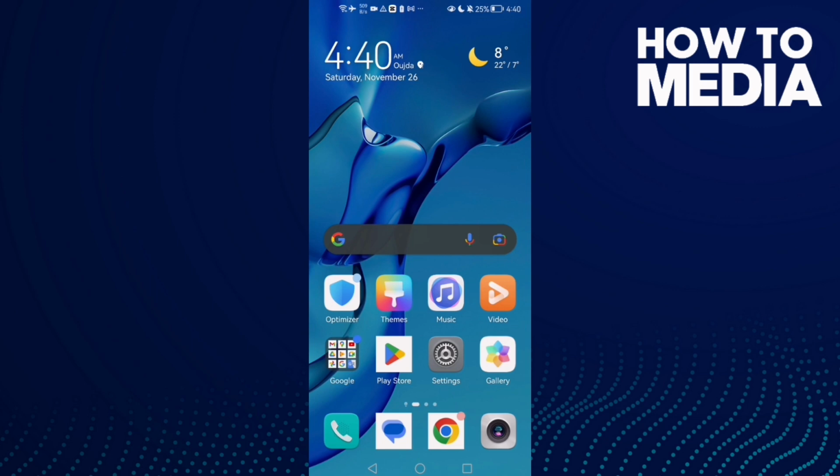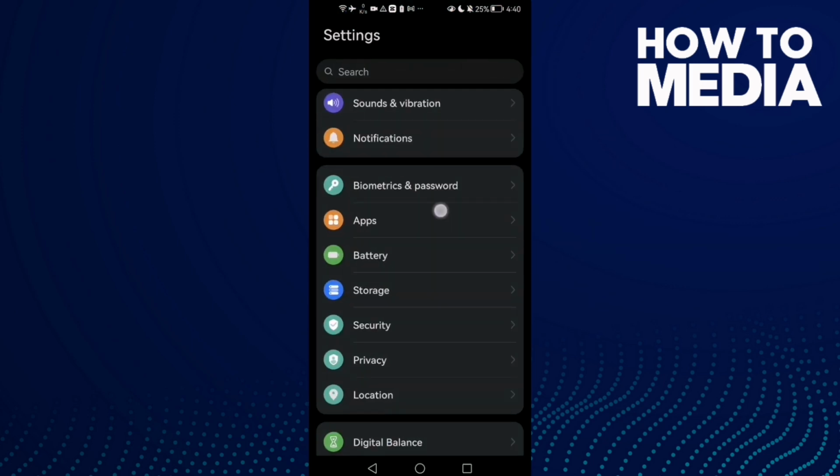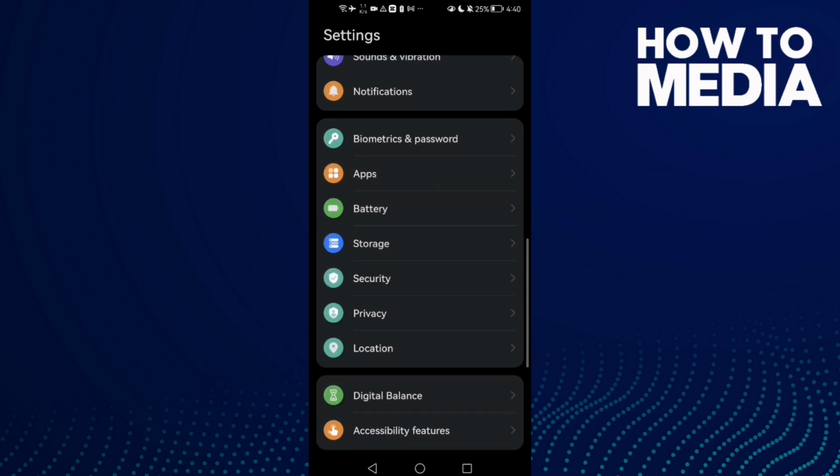First, on Android or iOS. First go to Play Store, and here make sure your Instagram is updated. If you found here update, just click on it, and now go to settings, scroll down until you find apps,